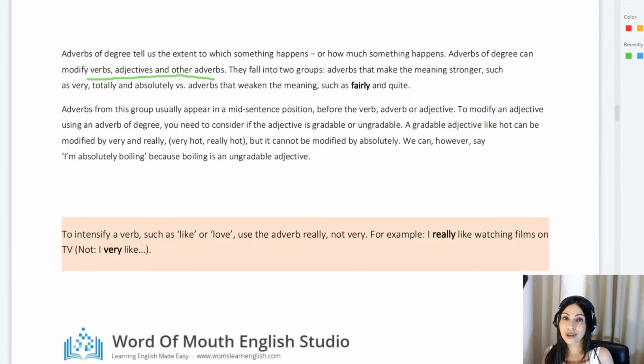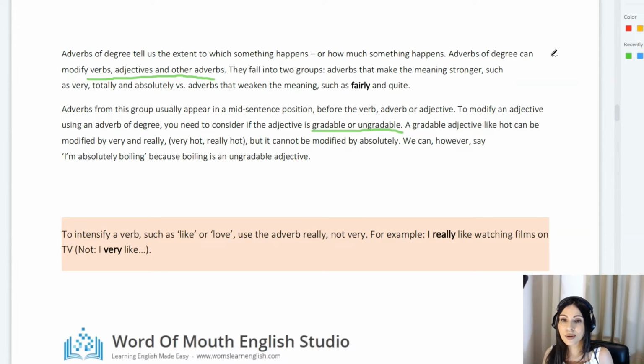Adverbs that make meaning stronger or that strengthen a meaning, such as totally, absolutely, and adverbs that have a weaker effect on the verb, or on the adjective. It was quite popular. It was fairly popular, but it's not as strong. Adverbs of this group appear in mid-sentence position before the verb, before the adverb, or before an adjective, as we said earlier. And you need to consider if the adjective is gradable or ungradable before choosing your adverb of